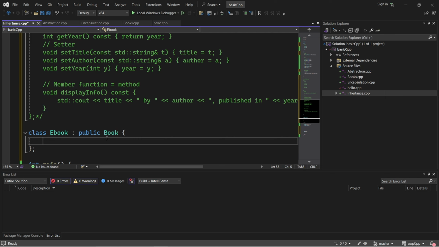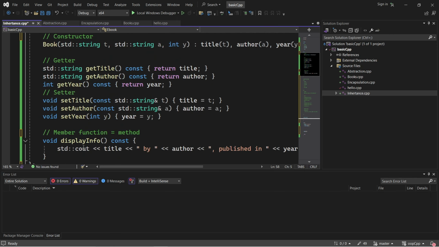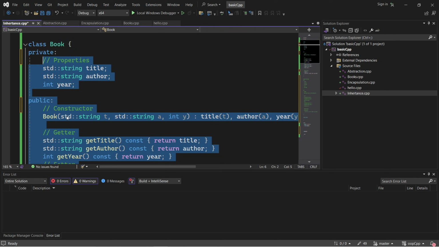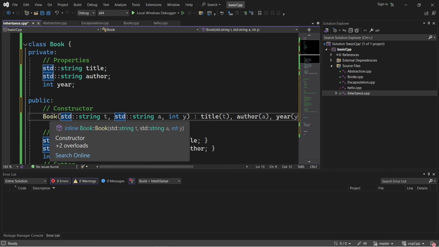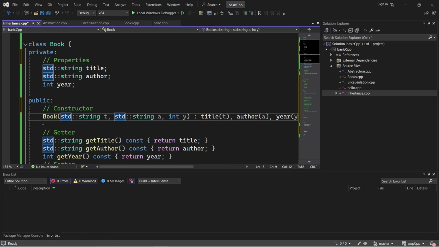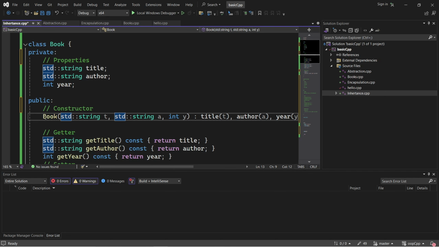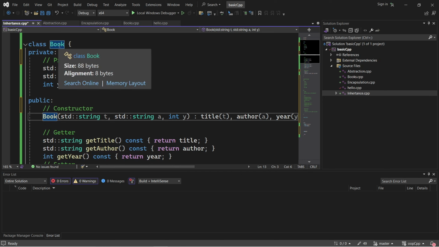With that inheritance, we have everything here, except the constructor, because as you know, the constructor is the same as the name of the class, so we don't have the constructor. We need to write the constructor again.